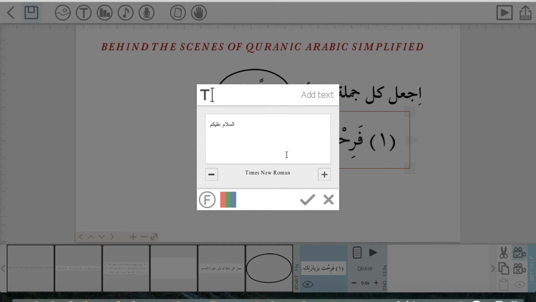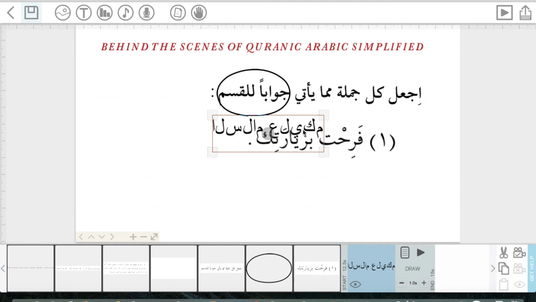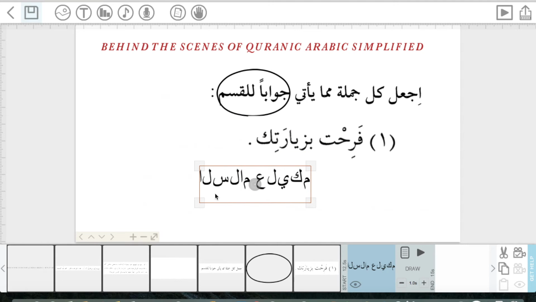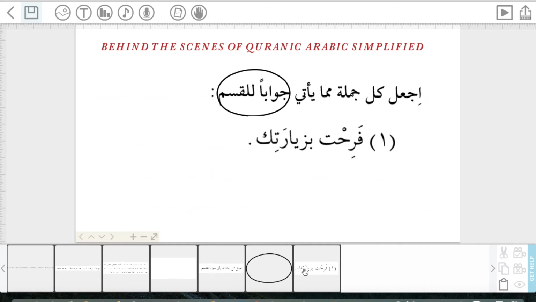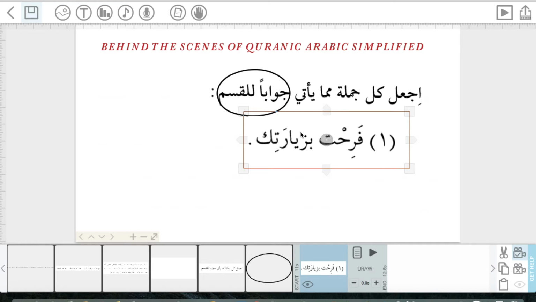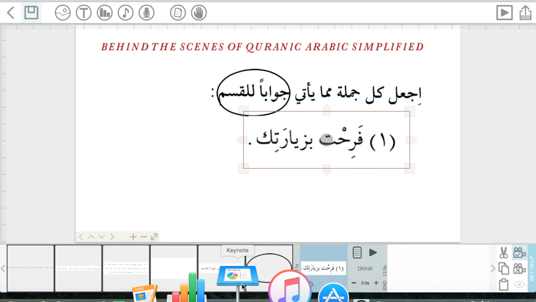It's very easy. You need to go to settings and then import a font. I've already done it. So if I put it like this, you see here it will separate the words. So how do you fix this problem? Let's take this off. We don't need that. So what I normally do is I use Keynote,